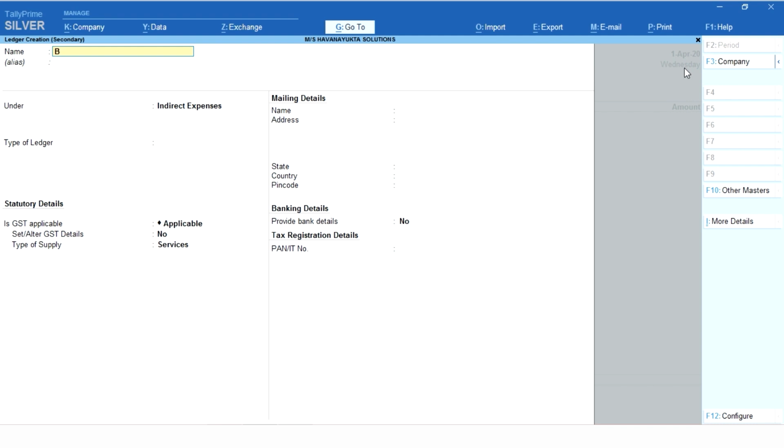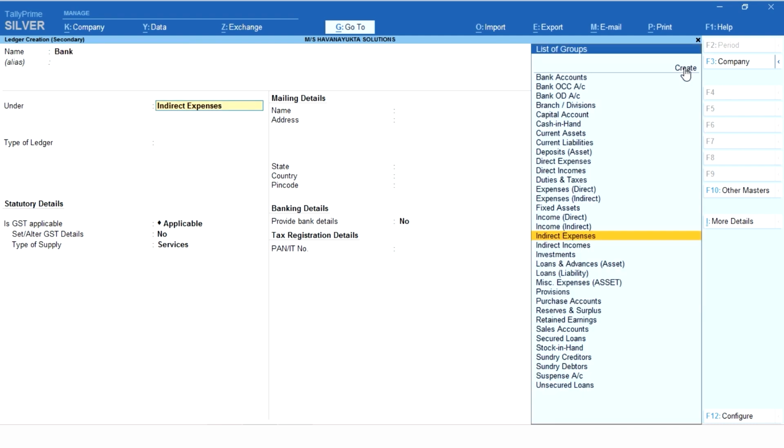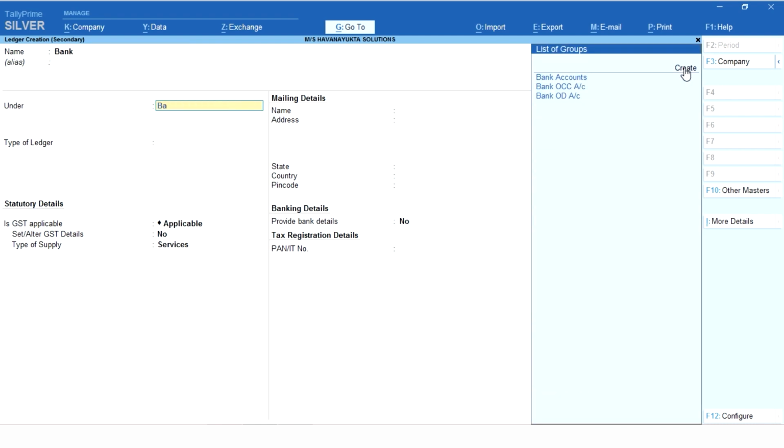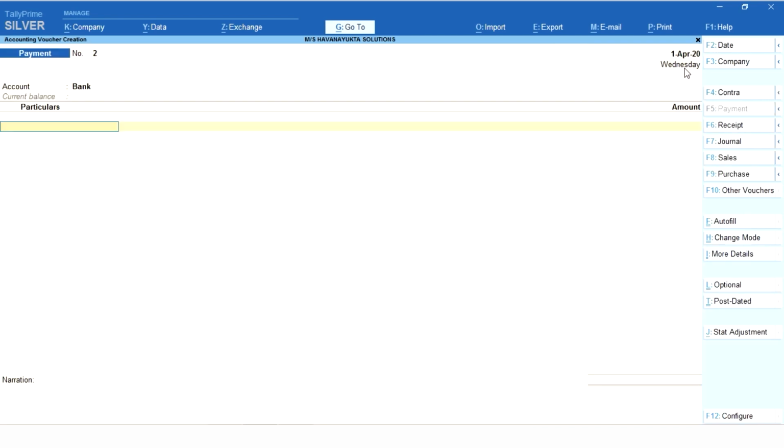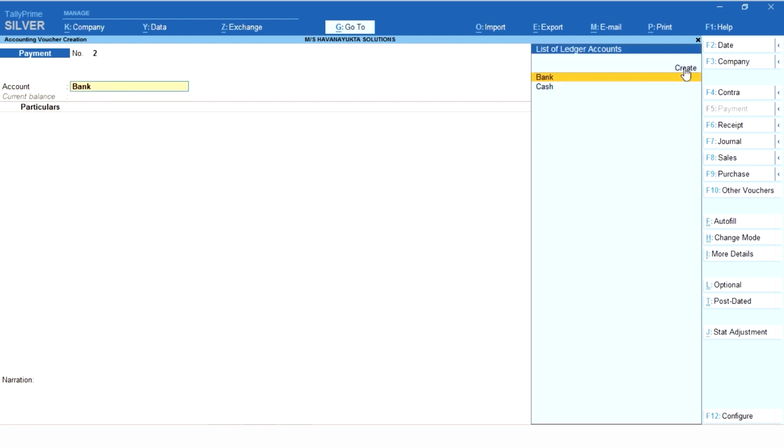So we'll create a bank ledger under bank account and we'll accept the screen by using Ctrl A. See, now I'm getting only cash and bank ledger in the account field. So this field will act as credit. So next, when it comes to particulars, we are getting expenses ledgers. So this transaction is expenses for staff salary. So it is not created. We go with the create option here